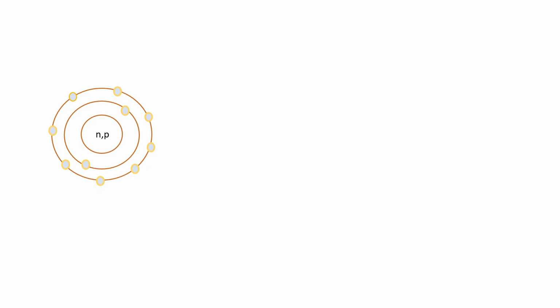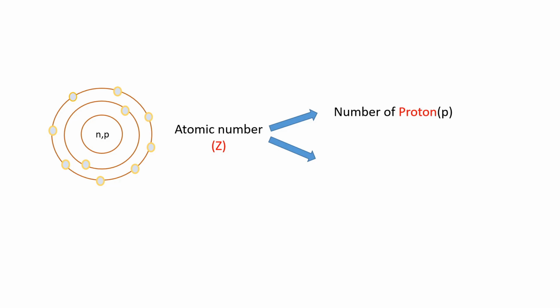Now we are defining atomic number, which is denoted by a capital Z. Atomic number can be defined in two different ways. So basically, in the first way we can say that it is the number of protons, and in the second we say that atomic number is nothing but the number of electrons in the neutral state. Now, neutral state of what? Neutral state of an atom. Now what is a neutral state of an atom?